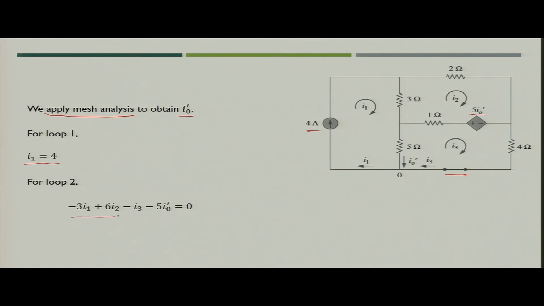For loop 2, if you apply Kirchhoff voltage law, you will get minus 3 of I1 plus 6 of I2, because there are 3 resistances of total 6 ohm value, minus of I3 because I2 and I3 are in opposite direction, minus 5 I naught dash. This is the value of the dependent voltage source. Since you are going from minus to plus, it will become minus 5 I naught dash